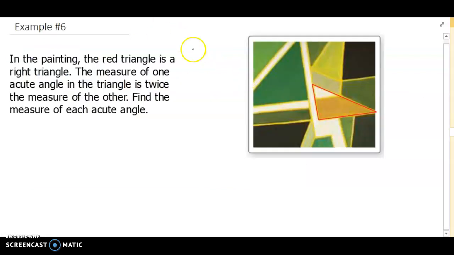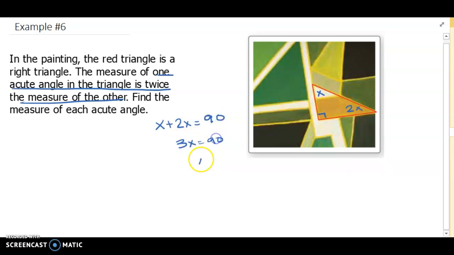All right, last one. So it tells us that this is a right triangle. Okay, and the measure of one acute angle is twice the measure of the other. So if that means this is x, this has to be 2x. So I know x plus 2x has to equal 90. 3x equals 90. X equals 30. So that means we have a 30 and a 60 degree